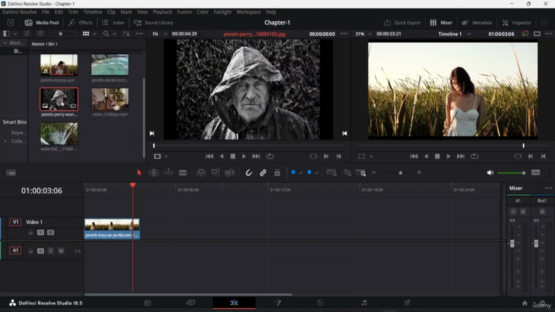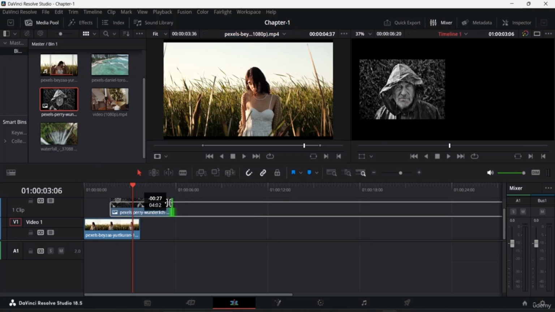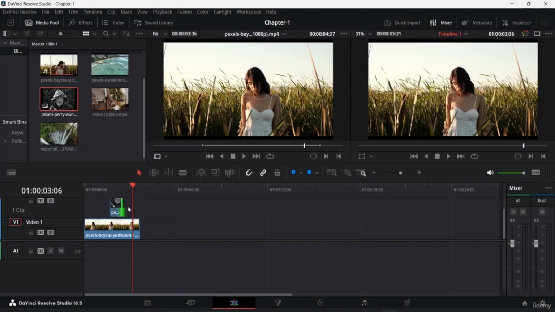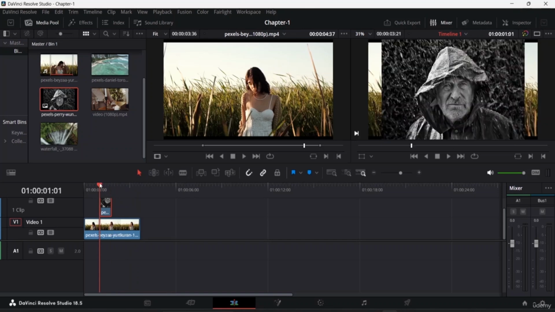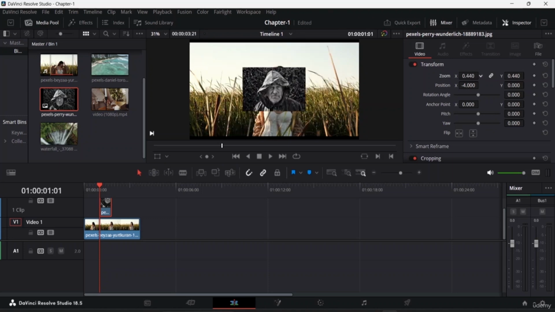Okay, and suppose what I want to do is this is an image, and I want to put this image on top over here. Now I will just shrink this image size down, and I want it to appear somewhat over here. So this will just kind of appear over here. If you just want to decrease the size, we'll be learning about this later in our class. Okay, so I will just bring this and position this for now